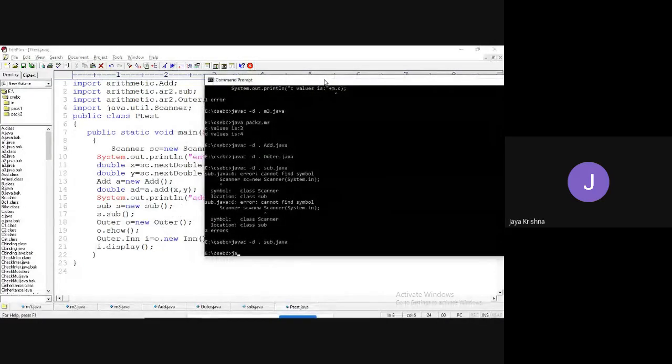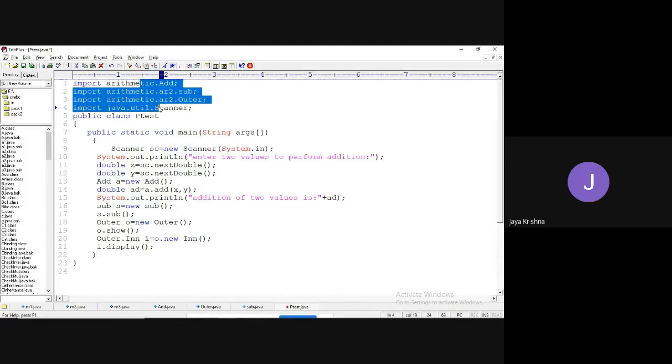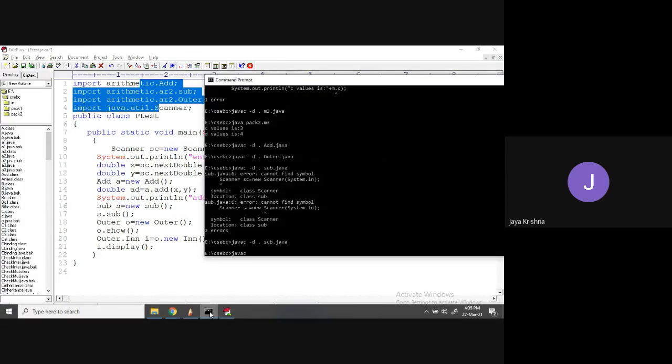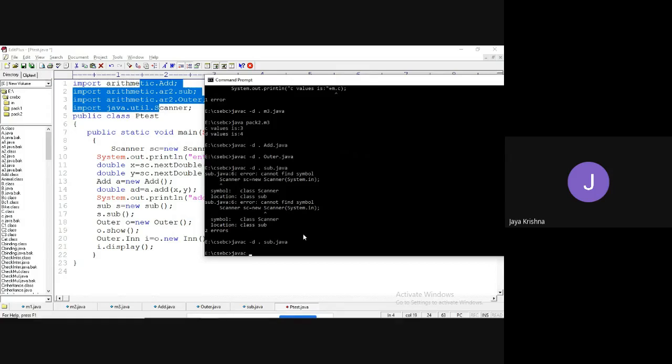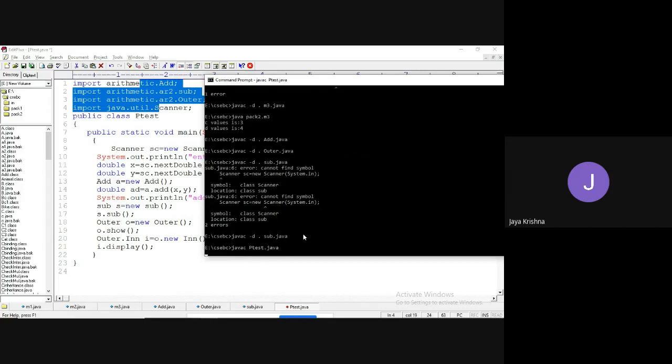If I'm compiling with javac, is it necessary to write hyphen D? No need, because we are not creating any packages here. We are just importing. So no need to write any hyphen D, meaning we are not required to create any kind of folder. Javac ptest dot java.